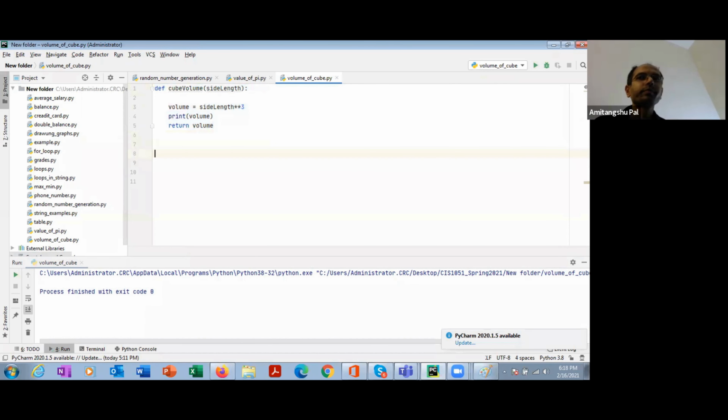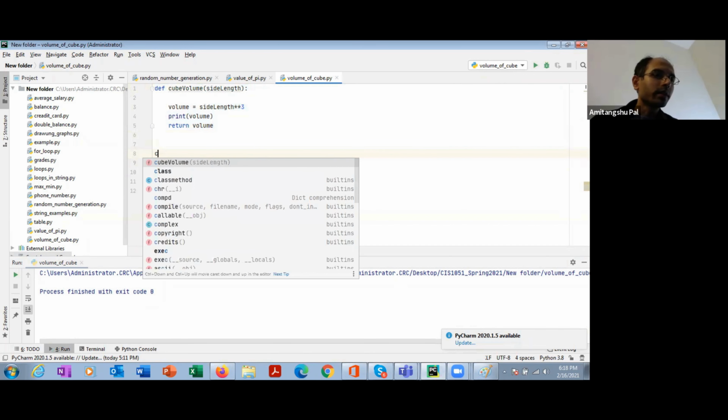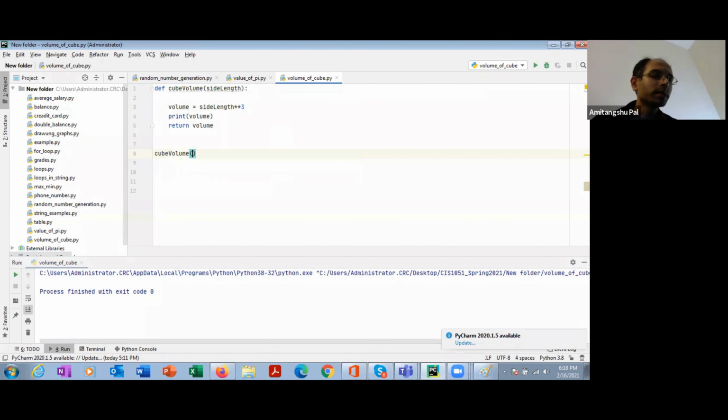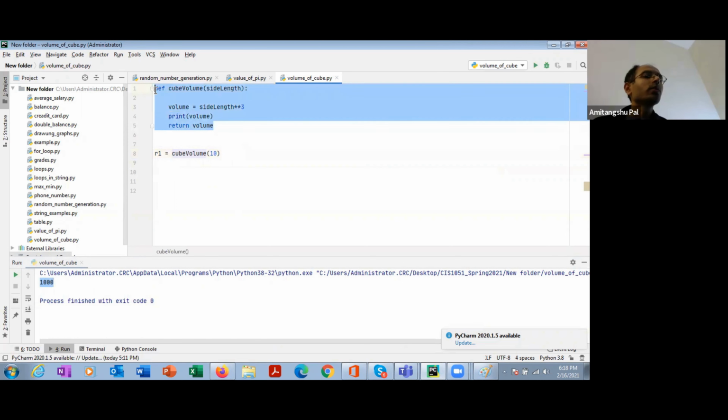So for that, I need to call it from somewhere. So cube volume, say side length 10, and this I am storing at say R1. Now it is going to print 1000. So if I just define a function, it will not get called.